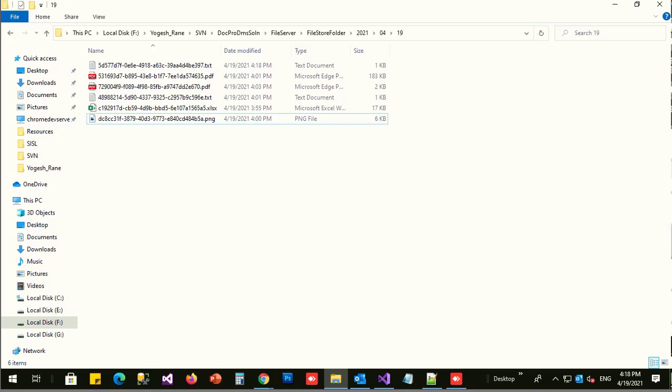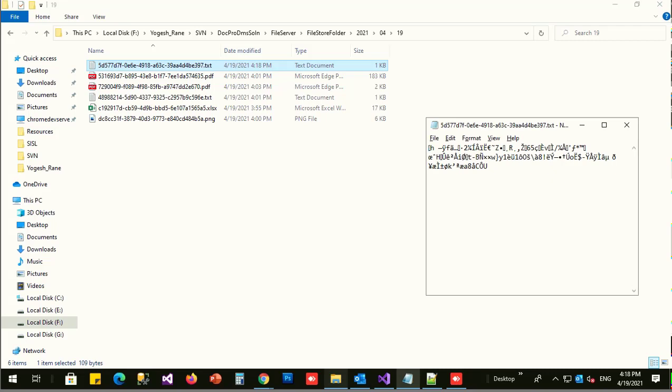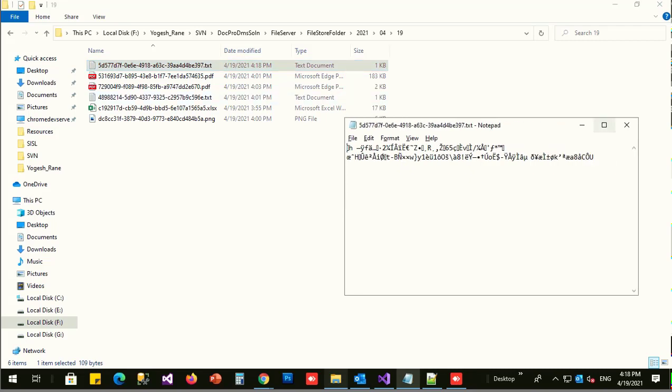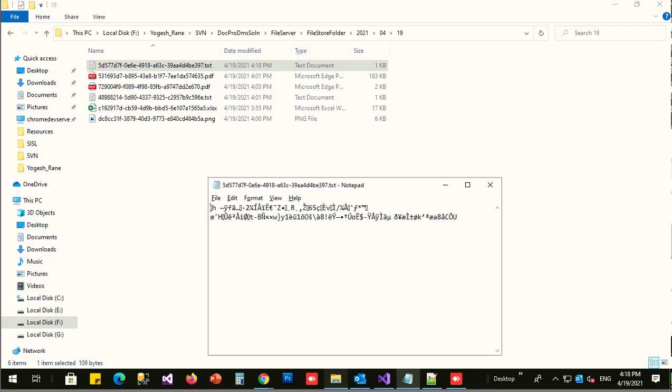The file that is created, you can see, is the one with the text that is at the topmost. If you look at the date and time, you will be able to see that it has been created at this date and time. So when I click open on this file, this is what we get to see. It is basically encrypted, and there is no data that the user can make any sense out of.